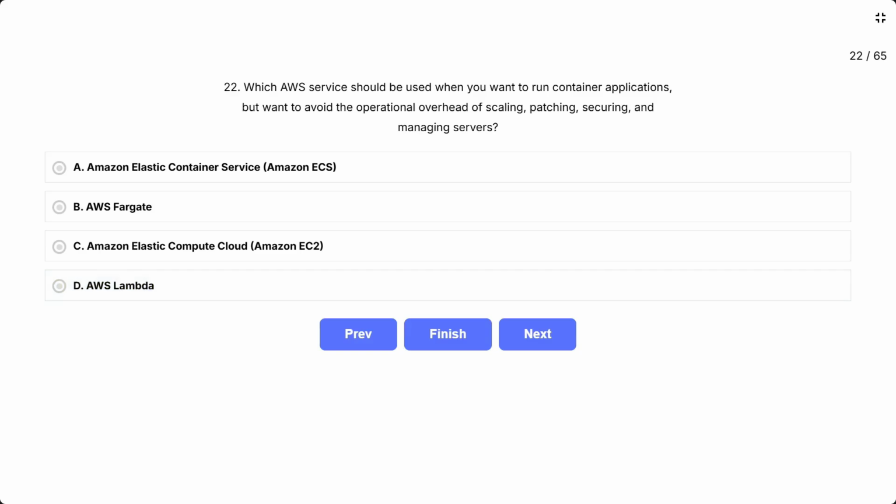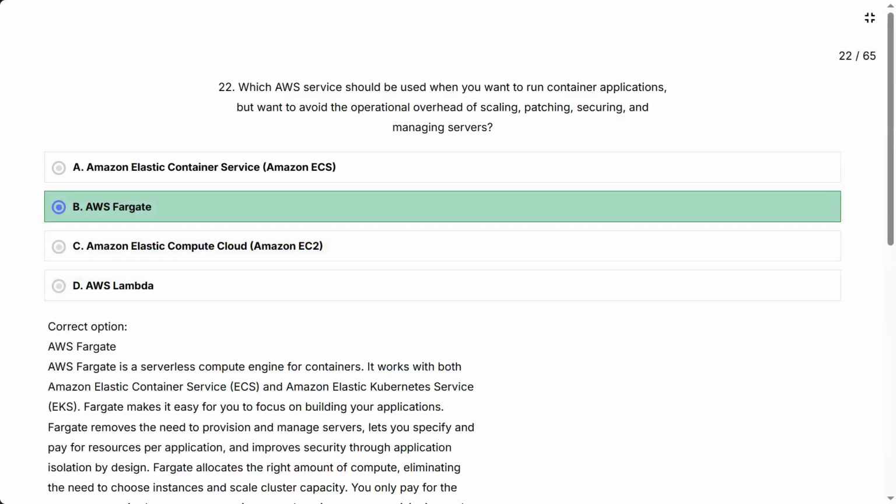Imagine you are a developer. You have a containerized app, but you don't want to worry about managing servers, patching, scaling, or securing infrastructure. You just want to deploy your containers and go. So, which AWS service handles all that? The correct answer is B. AWS Fargate.